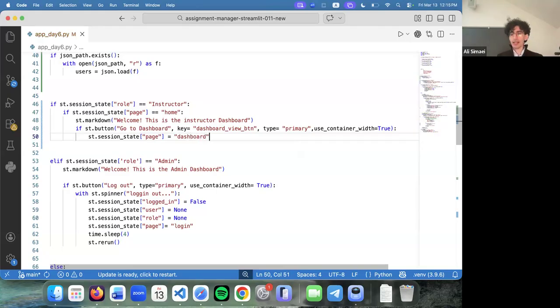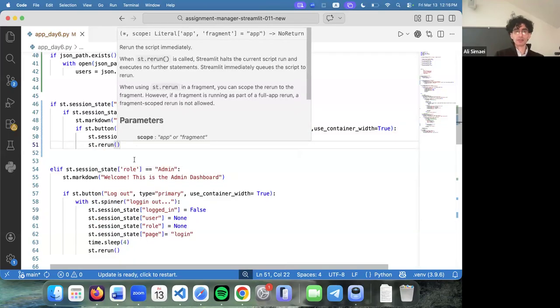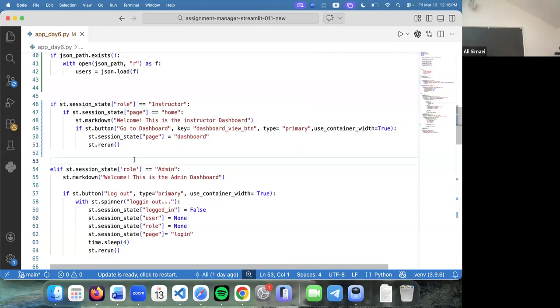Do this, and then force a rerun. So you're navigating the user to a new page, but it's just a simulation, right? Everything is happening in one page. You're just redrawing things. Once you call rerun, it starts from the top and runs everything,